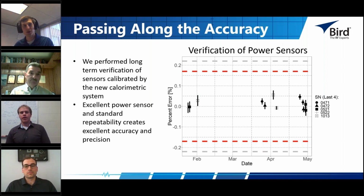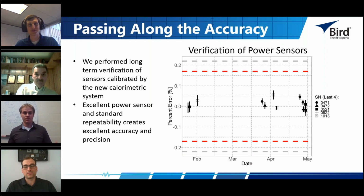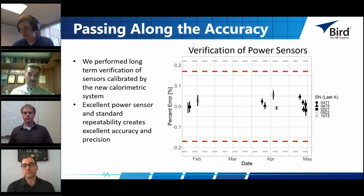Sure thing. And maybe Jeff would like to speak to this, because unlike a calorimetric system, these sensors measure on the order of seconds, fractions of a second, really. Jeff, would you like to talk about how that was interesting in the calorimetric system buildup when we were thinking about this problem? I guess the biggest thing is it's really not practical to use a calorimeter outside of this type of application, just because of how long it takes to make an accurate power measurement. Sensors are fast, compact, and small. Calorimeters have whole rooms dedicated to them. So the sensors,